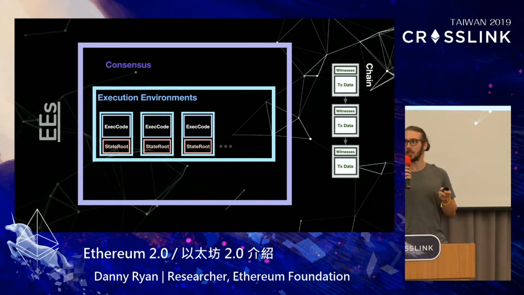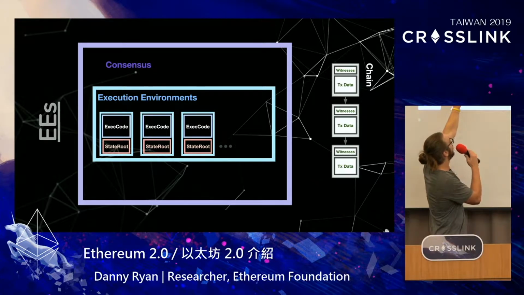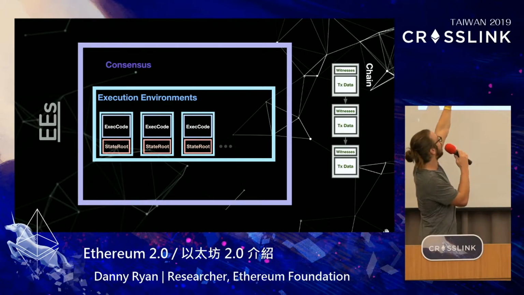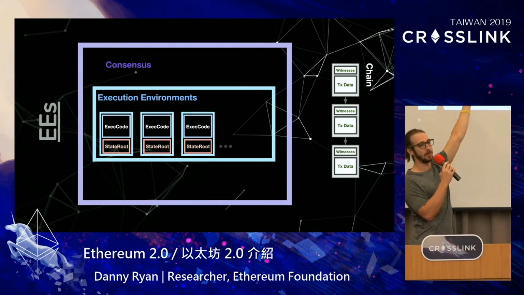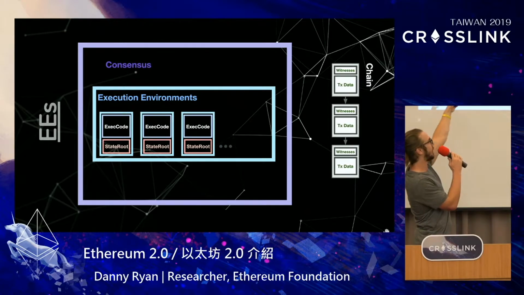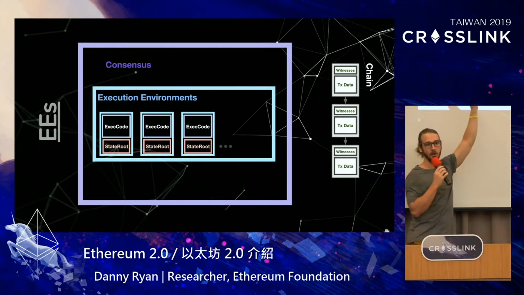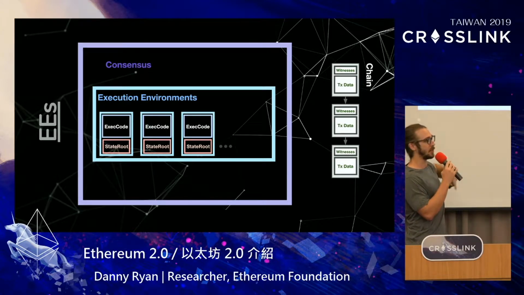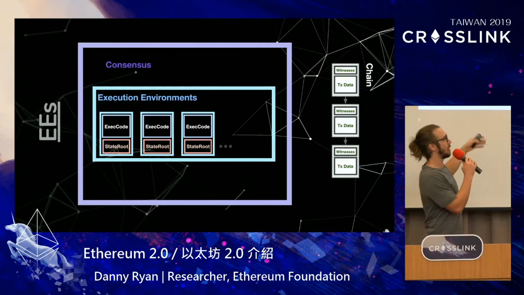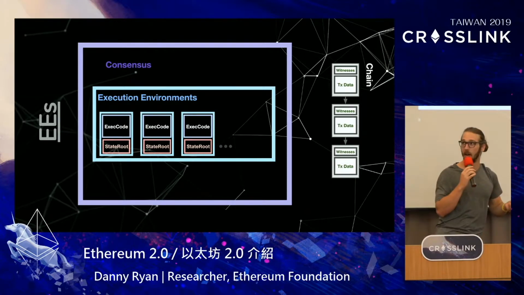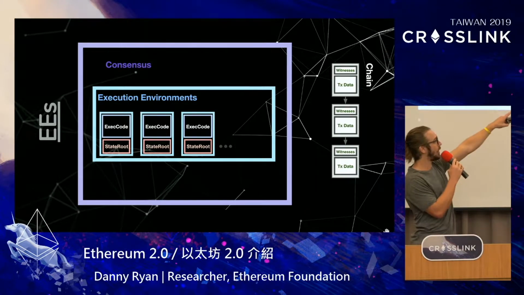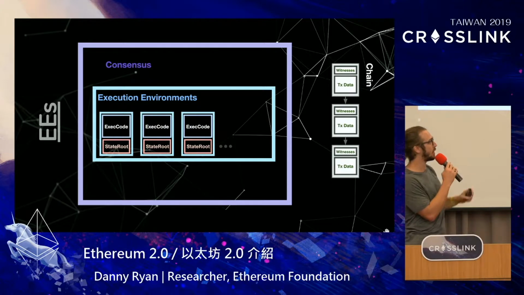So what does this actually look like? In the previous model, we had state and hard-coded rules. Instead, here we have the state root, which might be 32 bytes representative of the state, or a digest of the state. And we have this execution code that is WASM code that can be specified on more of an on-demand and user level. And in our chain, we have our normal transaction data, but we also have